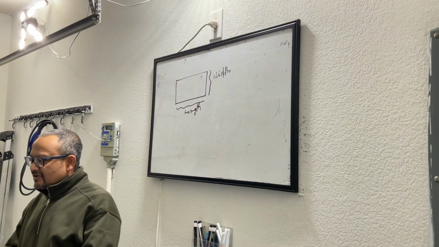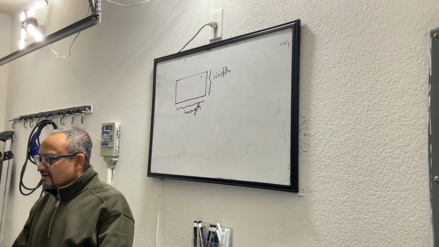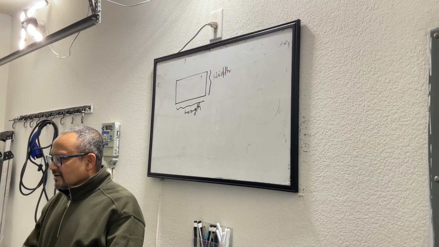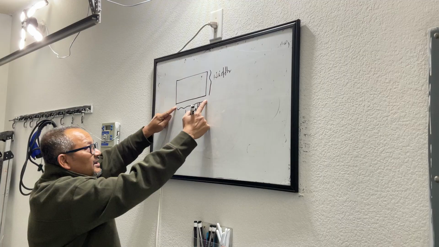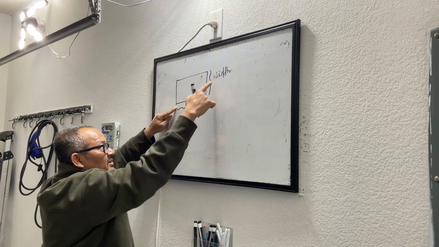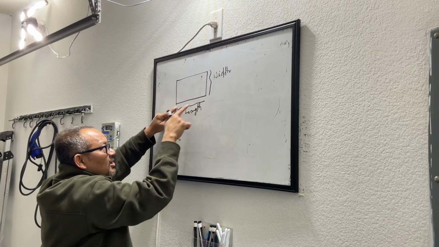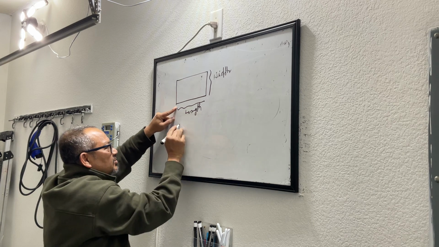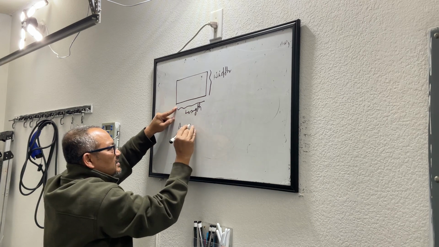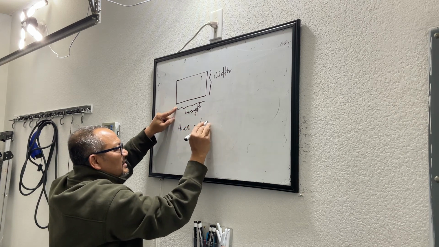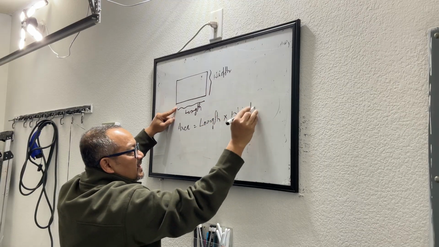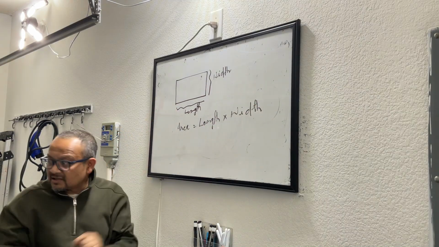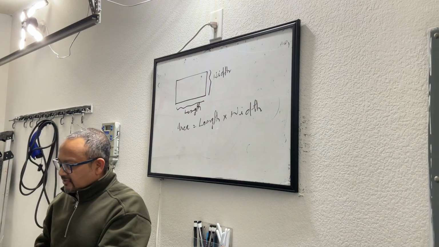Danya, go ahead, beta. For the area of the rectangle, you need to multiply two sides. Length times width. So if this is your one side, this side same, and this side same. We'll call this length, this width. So area of a rectangle is length times width. There's another way you will look at it. Okay?